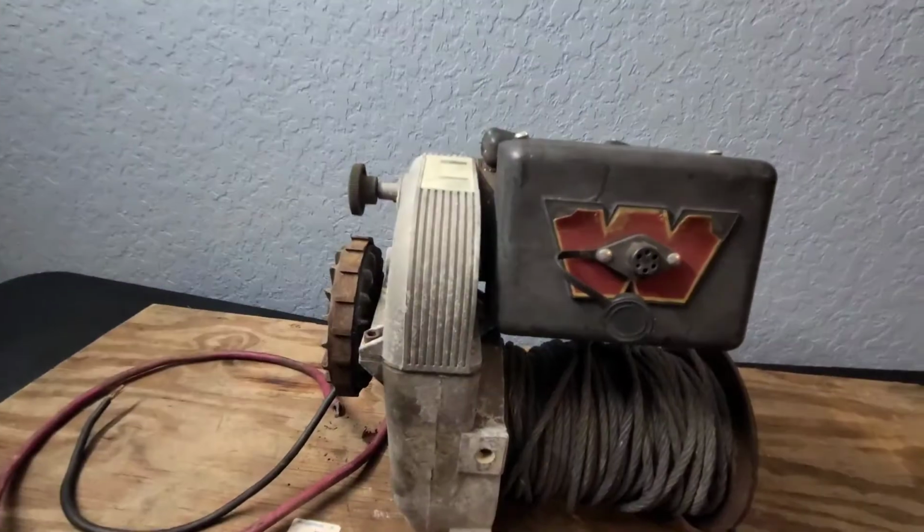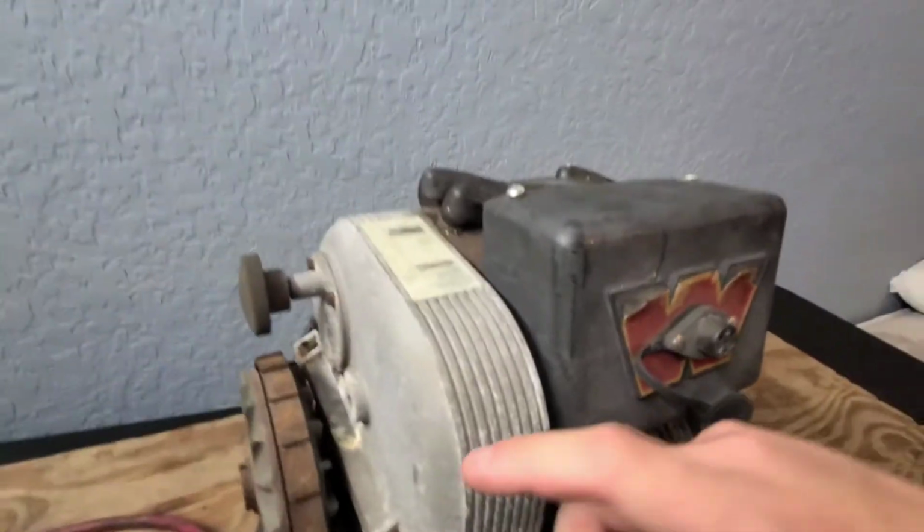My RZR's, of course, probably too small for it, but part of me wants to keep it and put it on a future project. Part of me also wants to polish this thing up and post it on eBay. So I don't know, I'll let you guys decide. Hopefully I can get some traction on this video and go through the series. I'm thinking about taking all of this